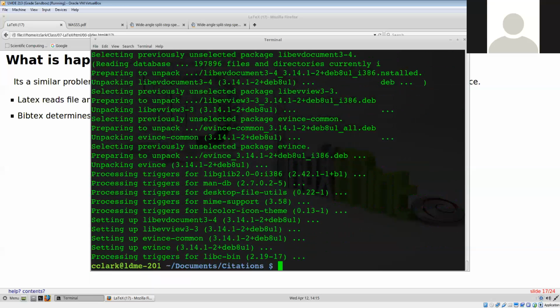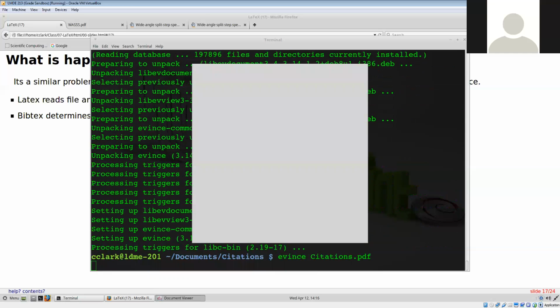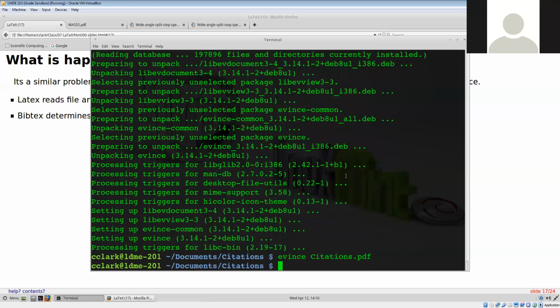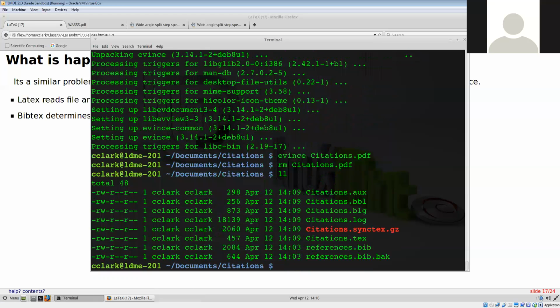There we go. All right, so Evince, citations.pdf. So this is the PDF that I created with TeXMaker. If I remove this PDF, now it's gone. The way that I recreate it is I run pdflatex citations, and I don't have to put the .tex on there. So just pdflatex citations,